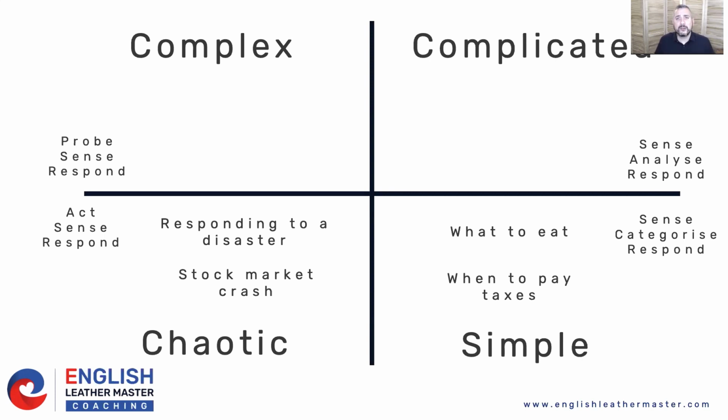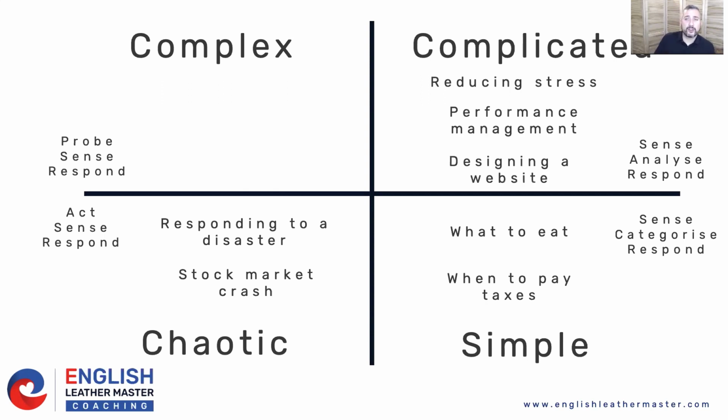Now, I coach people who generally are in the complicated or complex world. So people who I've coached in the complicated world are people, for example, who want to reduce stress and don't really know the best way. Now, there are a million ways of reducing stress. So I will work with the person, I will sense which is going to work with you, and then we'll find that route.